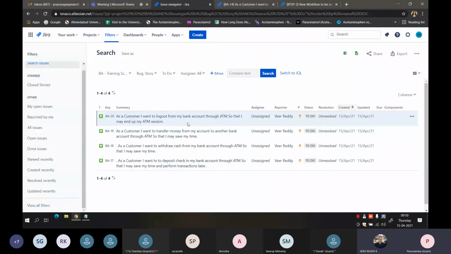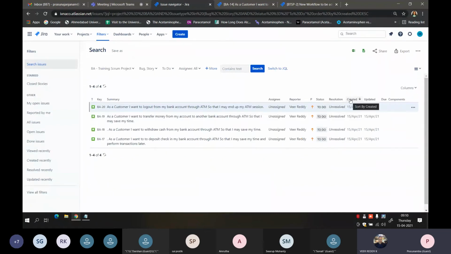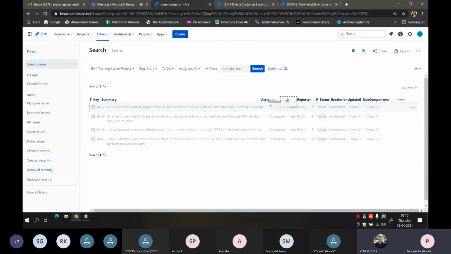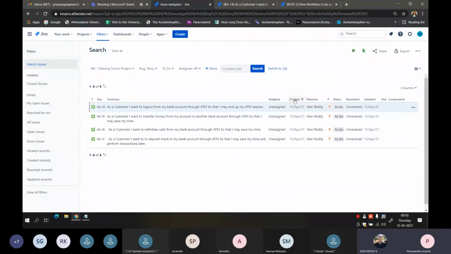And for example, you are looking for a story and its created date only. So what you can do is simply drag this to this side. If the components column shown over here is very big and your screen is very small, it gives you an option to change the columns so that you can compare easily. So you are basically looking at the created and updated date only, mainly.